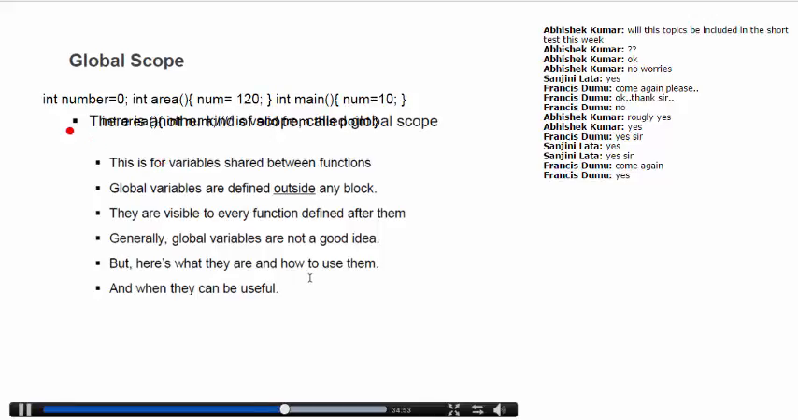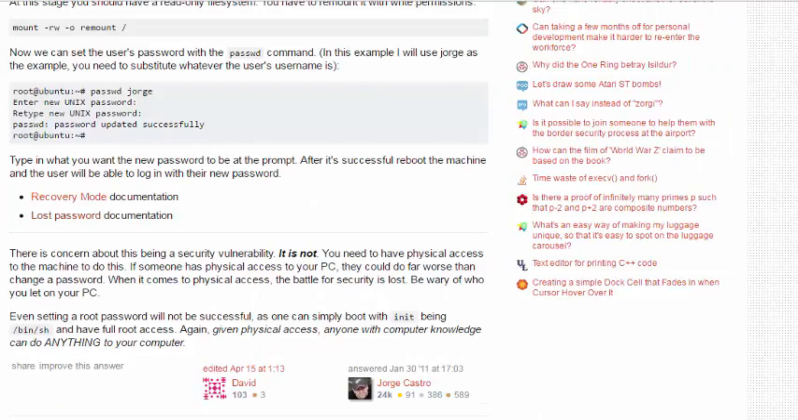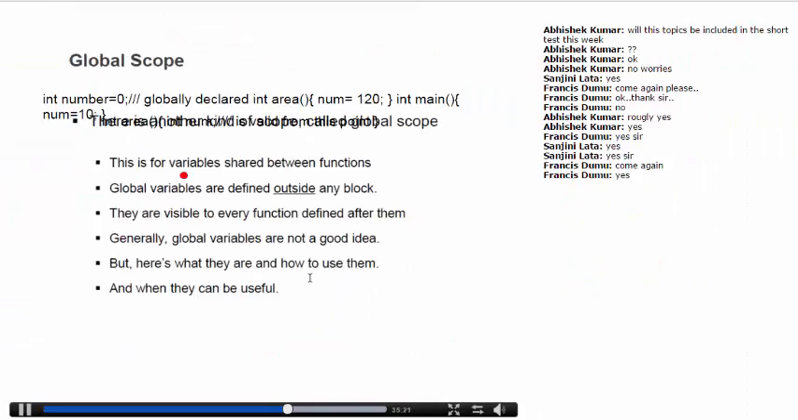So if you see, I have created a variable, let's say, globally declared. So this particular variable is globally declared, right? And then it will be accessible by any function or loop, right? So just like that, if you have created a global variable outside the functions, right? So it would be